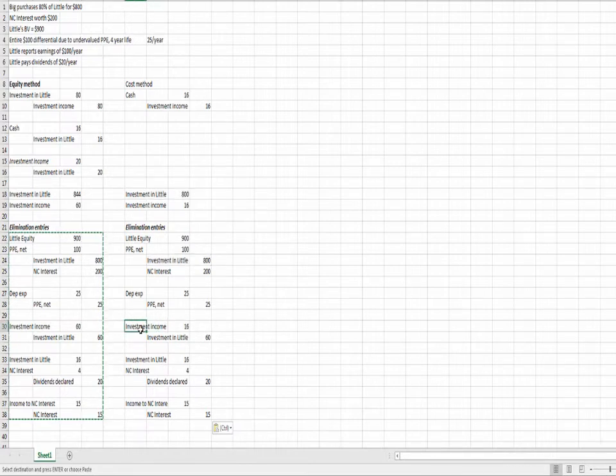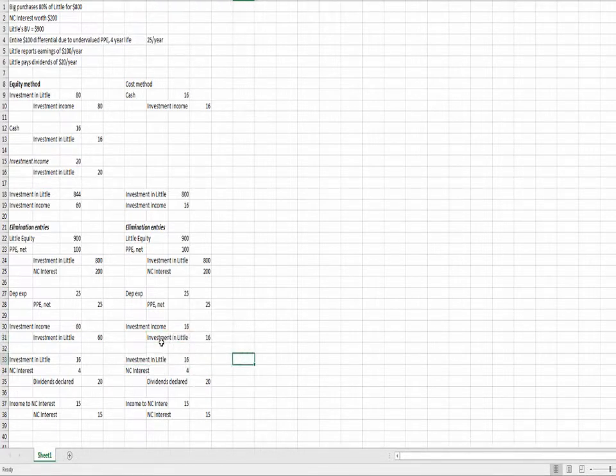By doing this, we're eliminating the investment income, which we want to do. Again, the investment income is $16. We eliminate the investment income, but we're crediting the investment in Little for 16. We're reestablishing a credit balance in the investment in Little, which we then proceed to eliminate again, in the